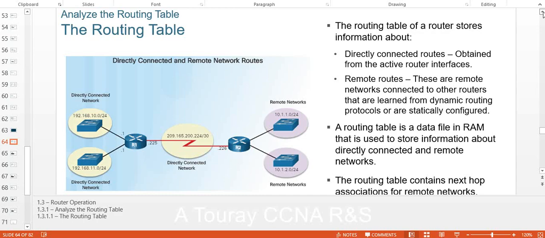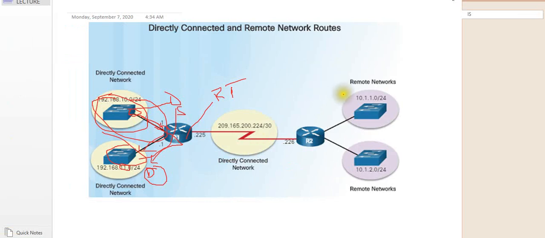That's why in your subnetting you were doing something like, which network does this particular IP belong to? Because the router also asks the routing table, which network does this particular IP address belong to? Do I know about it or not? That's why you were taught how to do that. Okay, so routers learn networks in two ways: as directly connected networks, because that network is directly connected to it. Like, for instance, I explained that one. This network, 10 whatever, and this network, they are directly connected to this